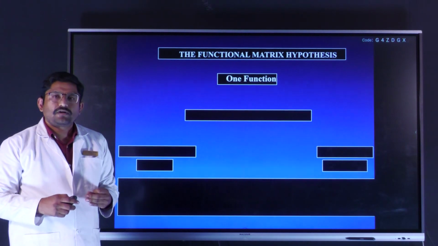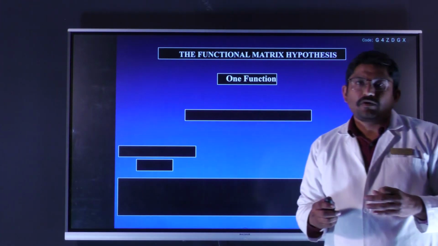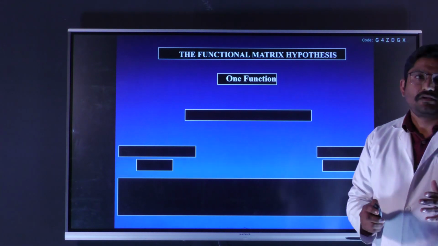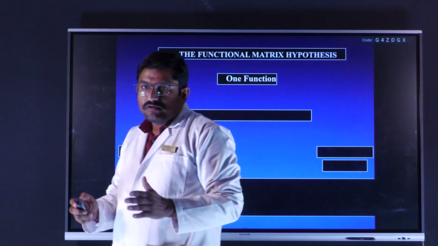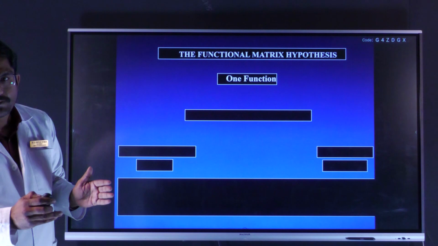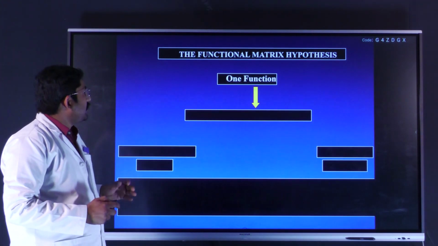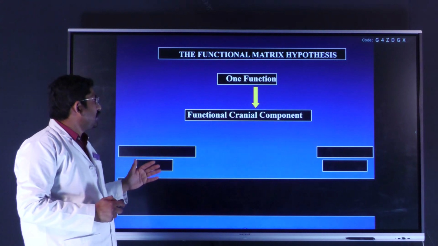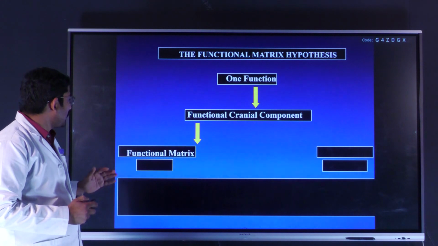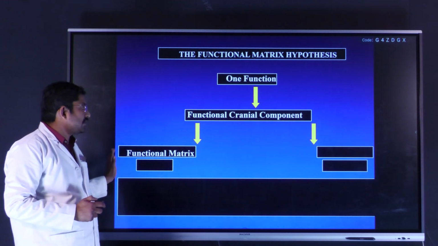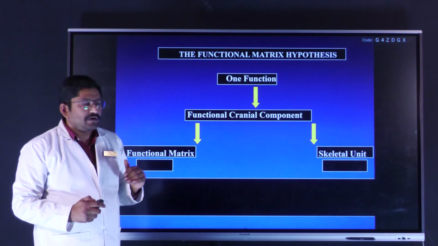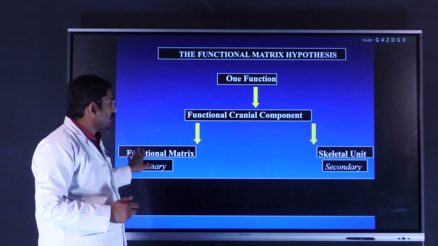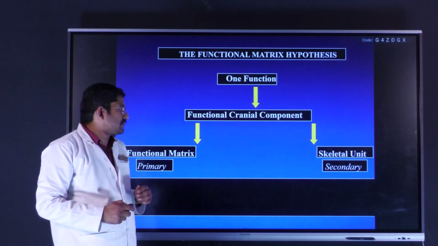So today we are going to discuss one of the most important growth theories, that is the functional matrix theory. The functional matrix theory is based on one function, for example swallowing. The functional matrix theory, proposed by Melvin Moss, is that one function will have a functional cranial component, and that will in turn have a functional matrix, which in turn has a skeletal unit within it, and the most important part of growth is primary, which is the functional matrix, and the growth of the skeletal structures is